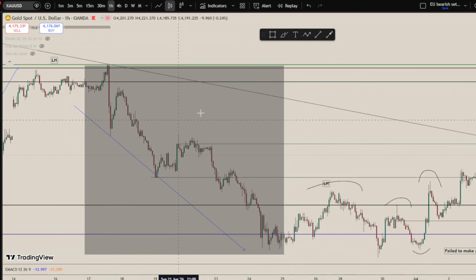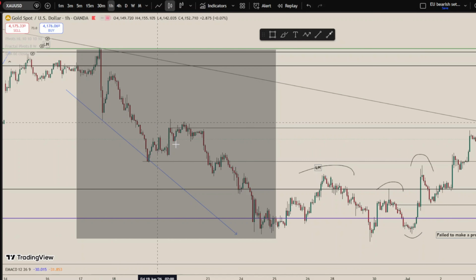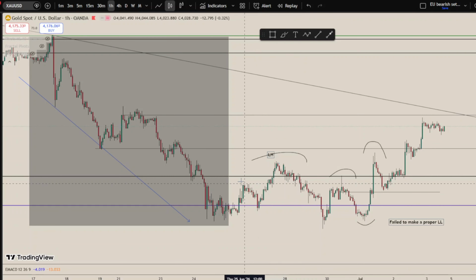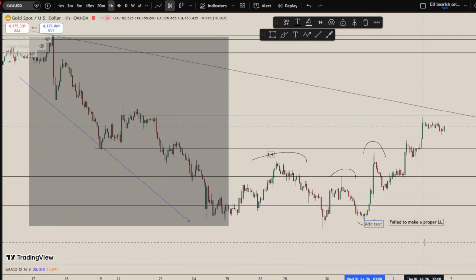As I said, it made this nice trend, and finally once it made this lower high, it couldn't break and go below. Instead, it started making these lower highs, and it made this higher low. Instead of making a lower low, it created this higher low,